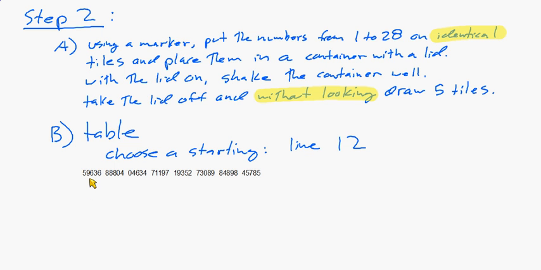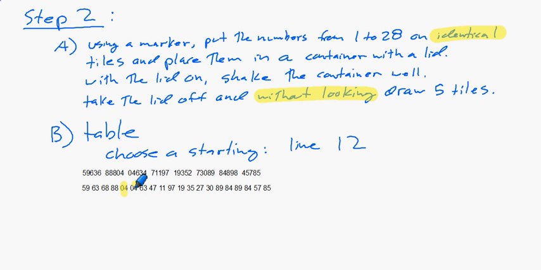Knowing that if I was going to use the table, what I'm going to do is break this up differently. As I said earlier, the rows and columns are arbitrary. It makes no difference. So what I'm going to do is break it up into 2-digit numbers, just like this. Now I'm looking for 5 numbers between 1 and 28. Well, I got a bunch of numbers like 59, which are outside my range. So all I'm going to do is go through and look for numbers between 1 and 28,